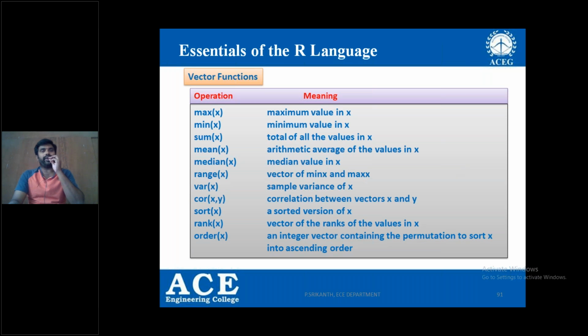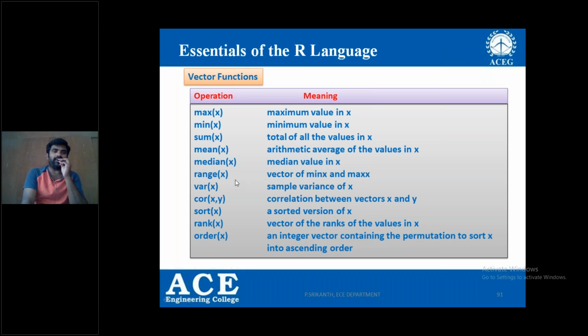And what are the predefined vectors we have in MATLAB? Max of x: max is a function, x is a vector. These are all vector operations. From the vector, it is going to identify the maximum value, and the minimum value. Sum of x adds all the values in the vector.